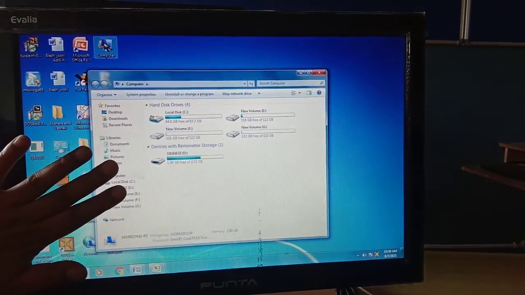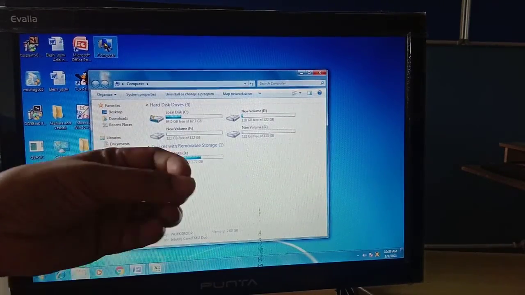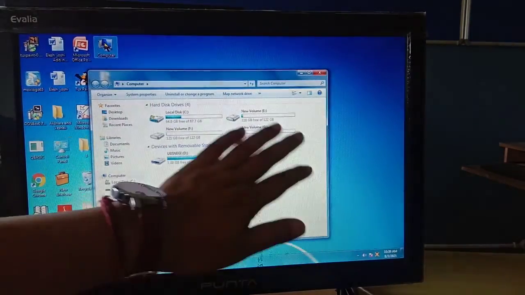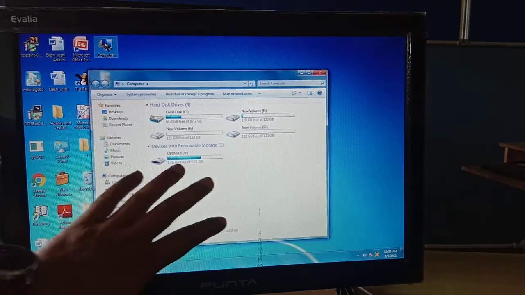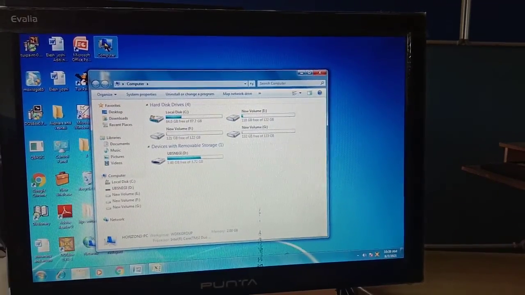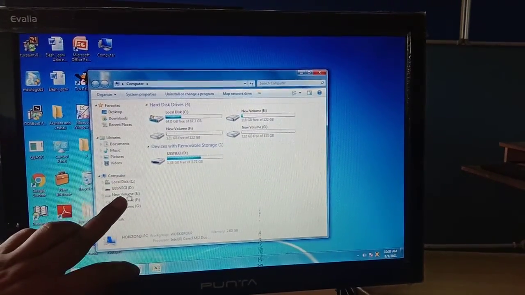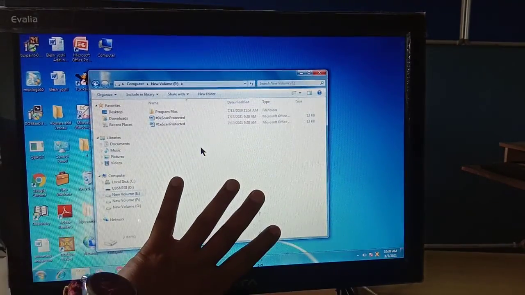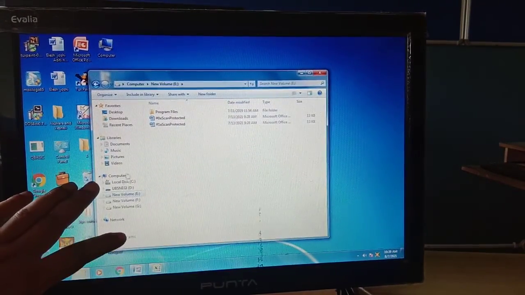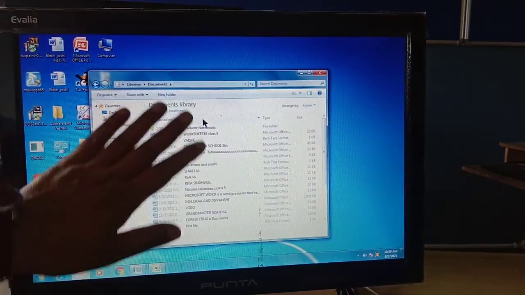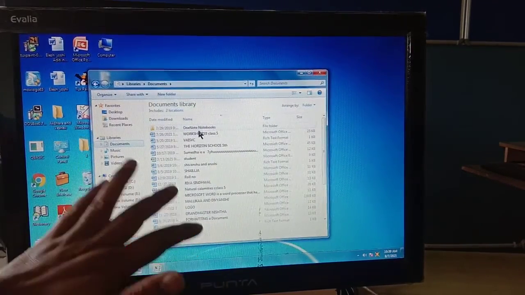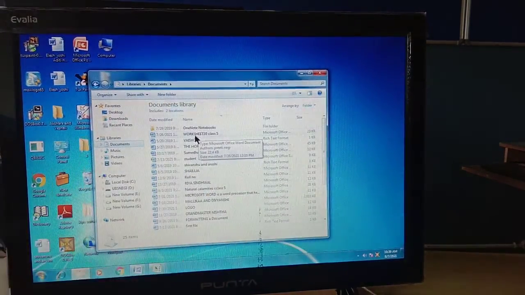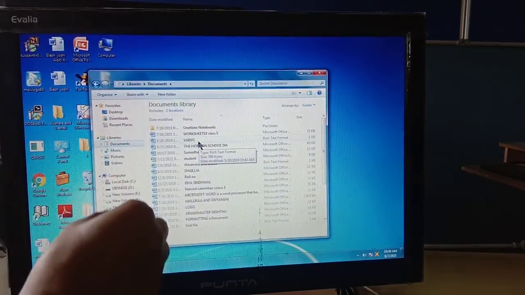Whatever you click here, it will show in detail in this pane. As you click on, for example, the E drive, all the content inside the E drive will display in the detailed pane. As you click on documents, all the documents created in the document folder will be displayed here. So that's why it is called navigation.